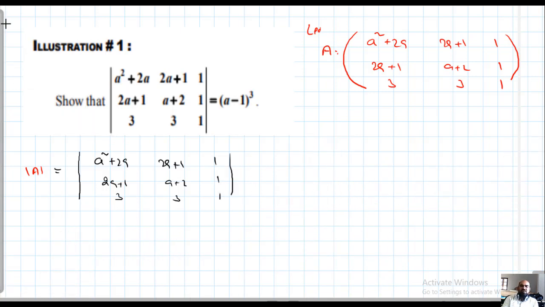But the same problem I want to solve by using some row or column operations. Actually, why are we using column and row operations? Actually, we have derived some properties. By using those properties, we want to solve the problems. That's why row operations and column operations are introduced. See here, now I want to make this term 0 and this term 0.